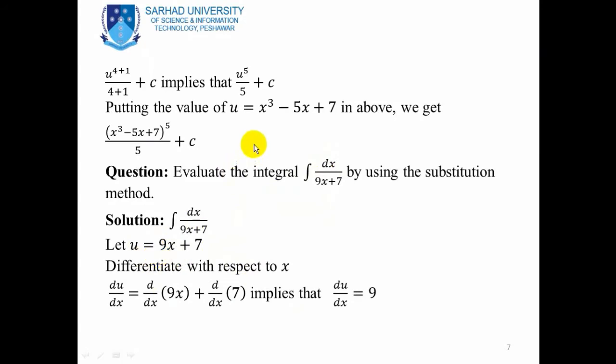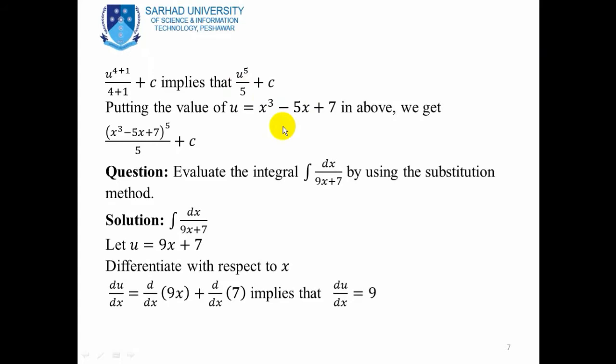In the third step, when we obtain the solution of the problem, the solution will be in terms of u. So in the solution, replace u by the supposition from the start. Actually, we already supposed u is equal to some part of the given function, so u is replaced by that supposition. These are the three most important steps for evaluating an integral by using the substitution method.